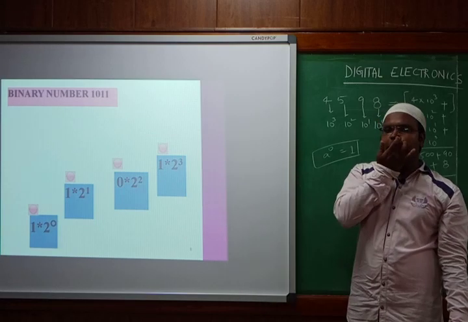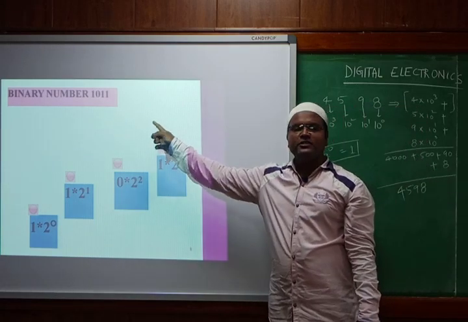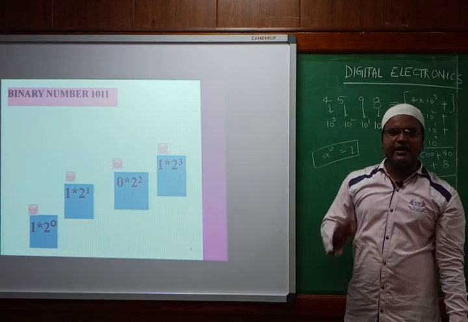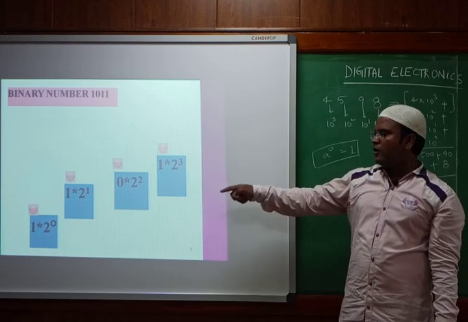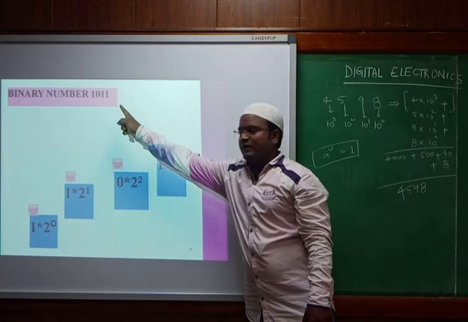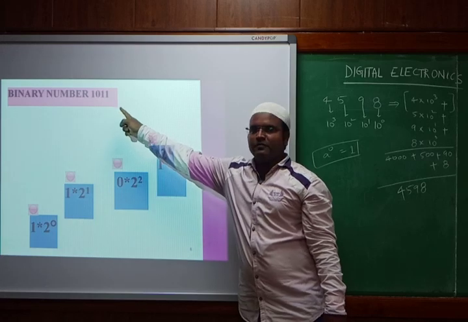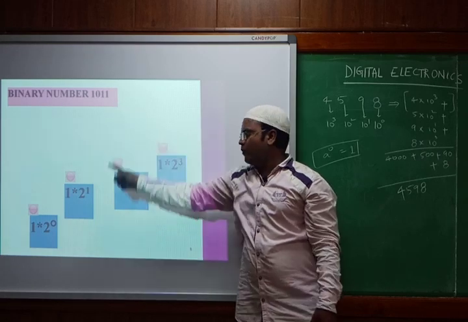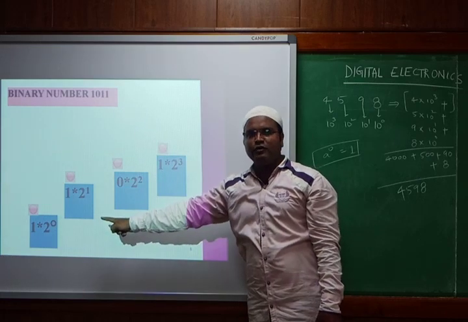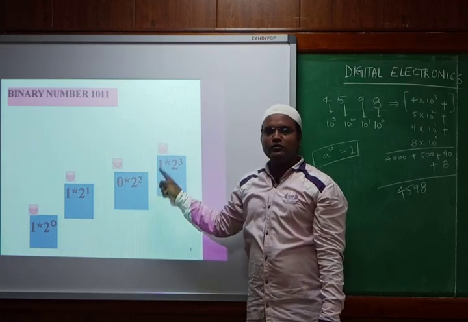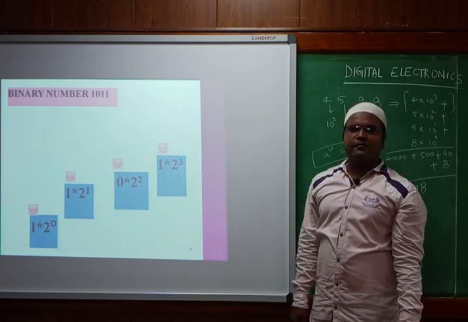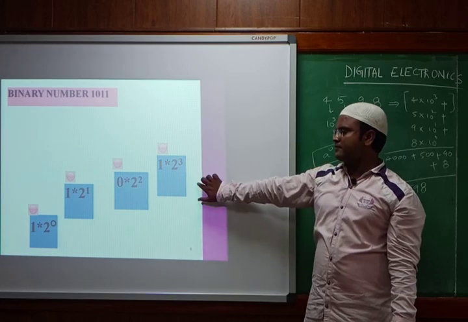Next we had the binary form. So what is the binary is given, 1 0 1 1. So what is the meaning of binary? It can have the value 0 or either it can have the value 1. So that number we want to write in decimal format. How do we have this thing? First LSB, that is 1. Second, the next number preceding that one would be 1. Next is 0. Next is 1. So first would be place value 2 power 0, 2 power 1, 2 power 2, 2 power 3. So if I add up all these things, I'll get the decimal format for the given number.